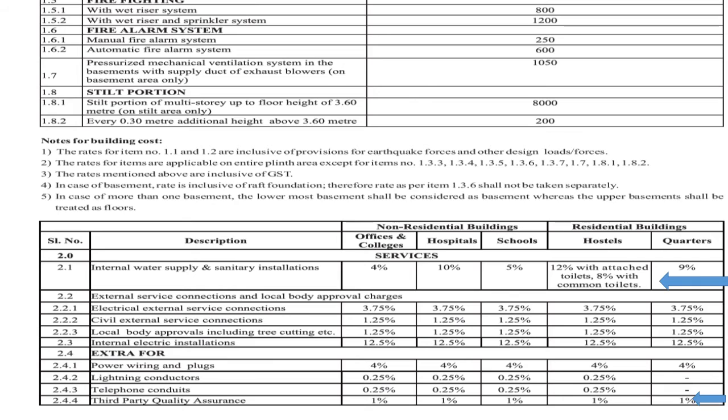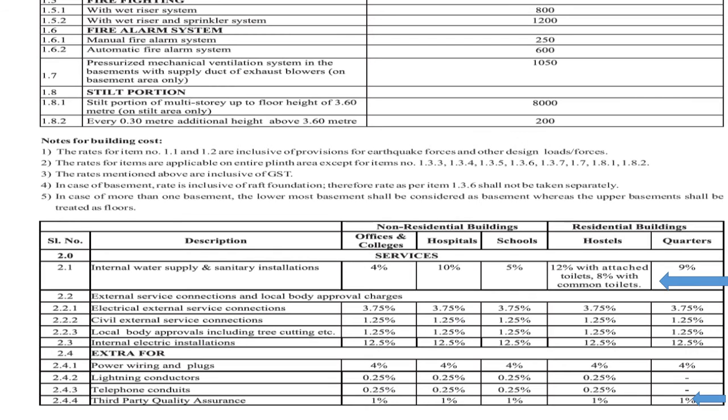Here see the provisions for water supply and electrification. The arrow shows electrical external service; internal water supply and sanitary installations 9%.